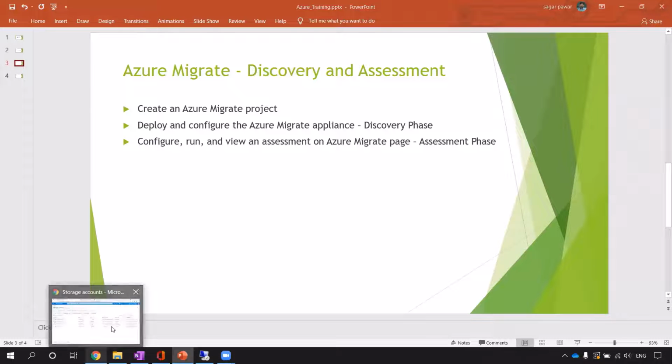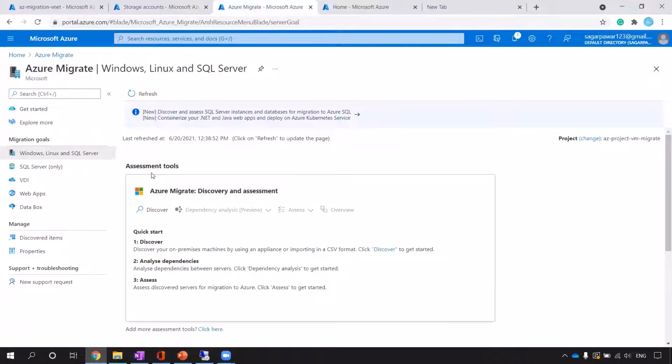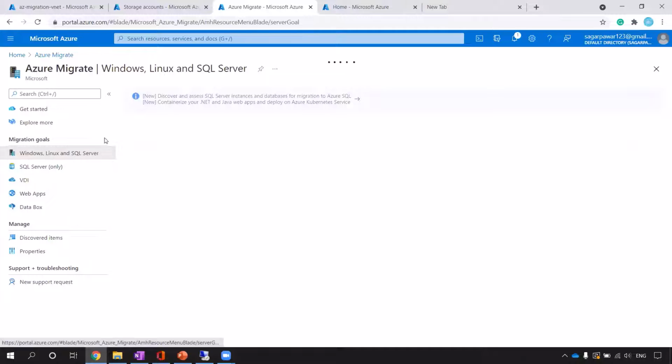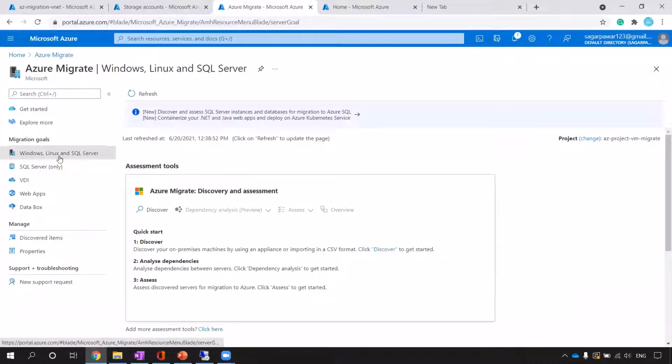If I go to the Azure Migrate service, you can see this is the initial page you will get, and when you click on this, you will land over here. My requirement is to start with the Windows, Linux, and SQL Server option, because I am going to migrate my Hyper-V VM. So now I have to do this.